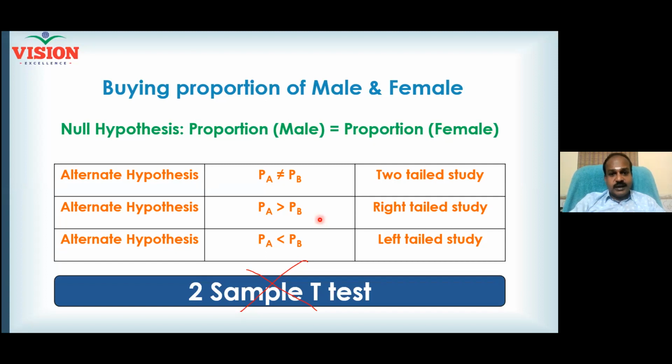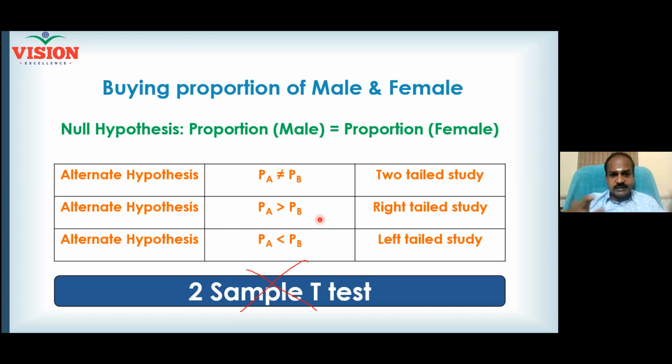What should I do? I'll make a sample of 134 ice creams and give them to all of you. All of you will eat it happily, and after that some of you will tell me, sir, the ice cream is good, and some will tell me the ice cream is bad. Is your data continuous or discrete? Good or bad is discrete. Out of 134, 80 people said good and another 54 said bad. So 80 out of 134, 54 out of 134.